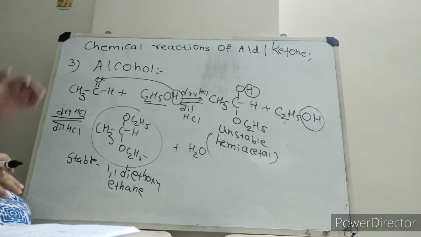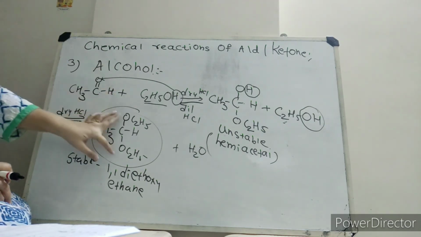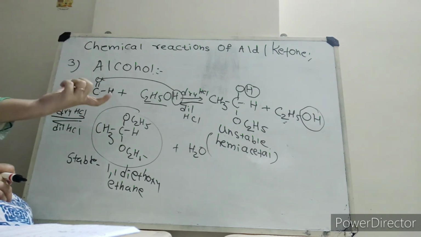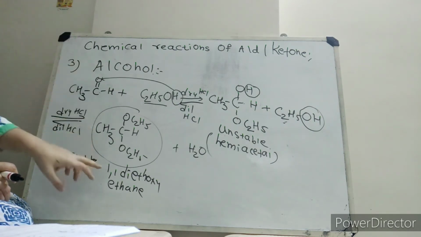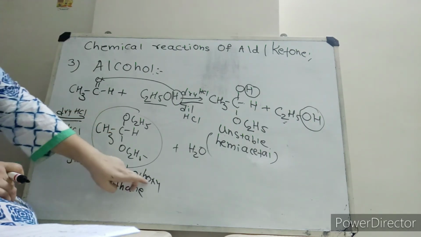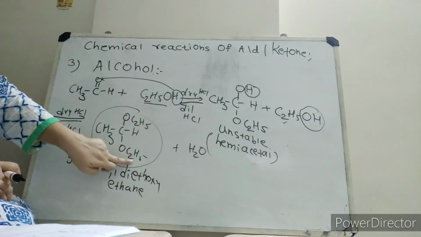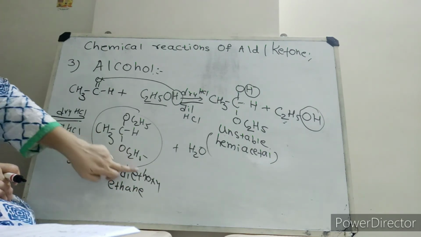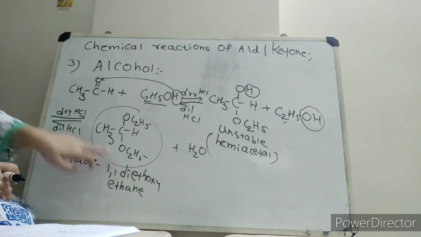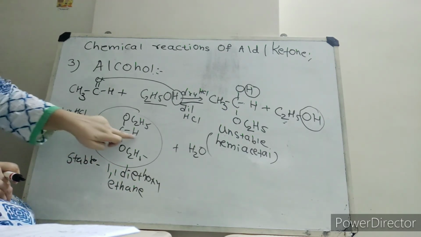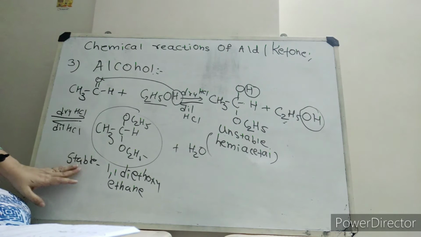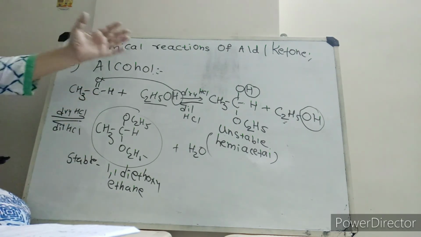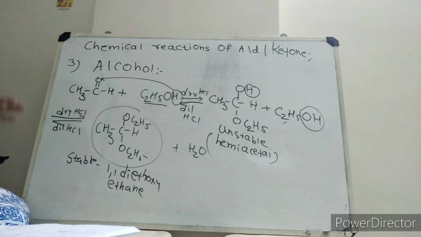As I told you in 11th standard, geminal means what? Two halogen atoms, or two functional groups attached to the same carbon, is known as geminal. And for that in the IUPAC name we write 1,1. So 1,1-diethoxy. Ethoxy means what? The ethyl group plus oxygen. So it is diethoxy. And ethane means what? CH3, one carbon, and this CH. So it is 1,1-diethoxy ethane, the stable acetal we get from acetaldehyde. So in this way the addition takes place in the case of alcohol.